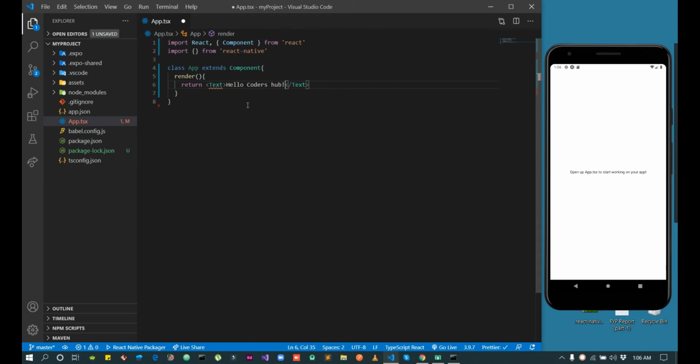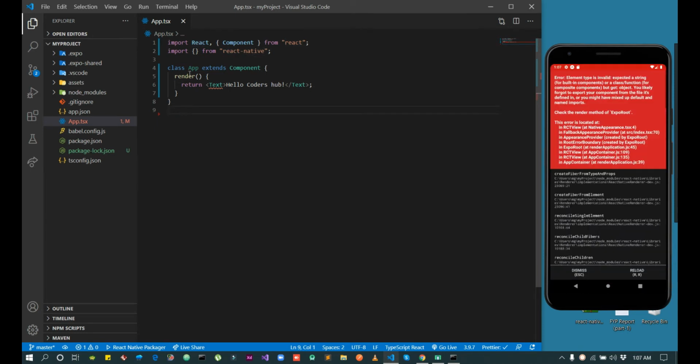When we save, we will get an error. First, an error due to this Text, because we are not importing it from React Native, and second, we are not exporting this App.